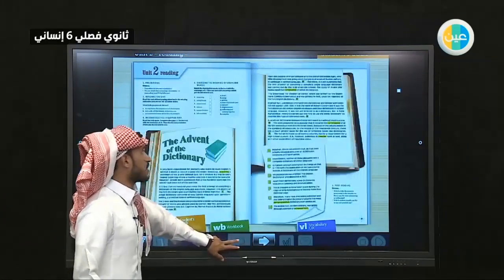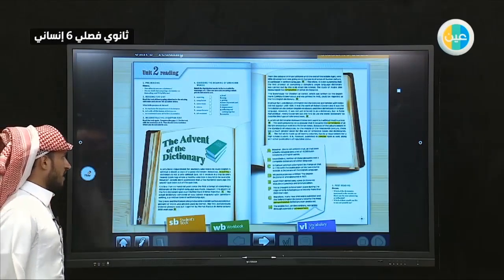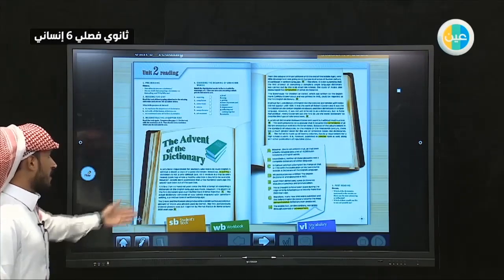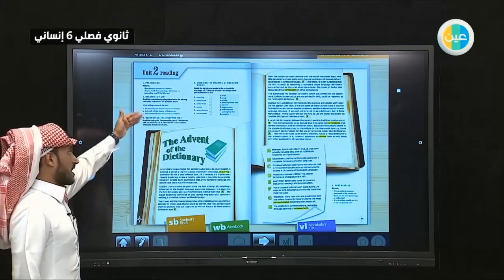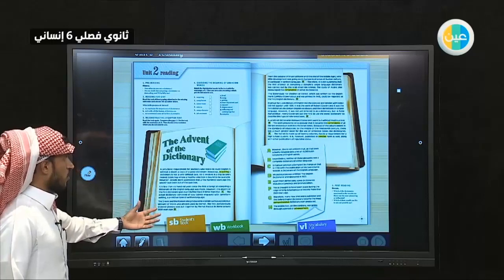We will start from the first page where we talked about the advent of the dictionary. لما تكلمنا عن رحلة الdictionary. This is a reading lesson. We learned in this reading lesson a lot of things. We started by